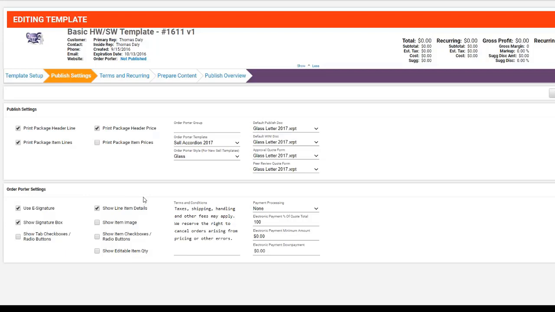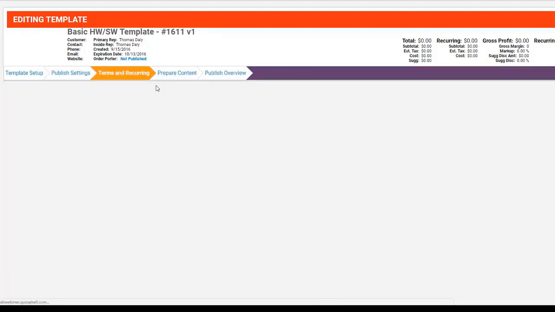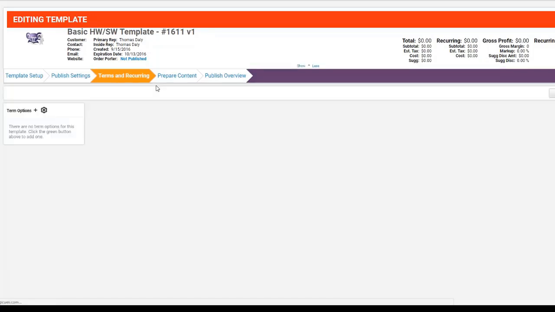If you make changes on this page, then you're going to save in the top right corner. The next item in the progress bar is terms and recurring. In terms and recurring, I'm actually not going to be covering this today, but just in a nutshell, if you're going to be offering financing to your customers and you might want to set up term options, you can certainly do this within your specific quote,